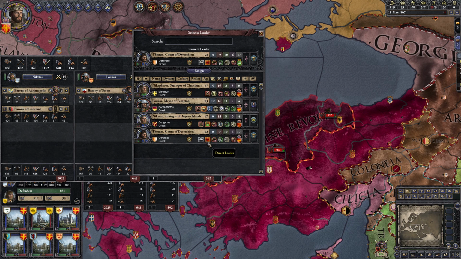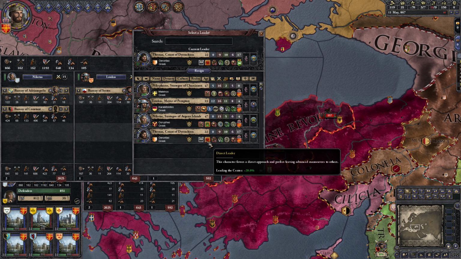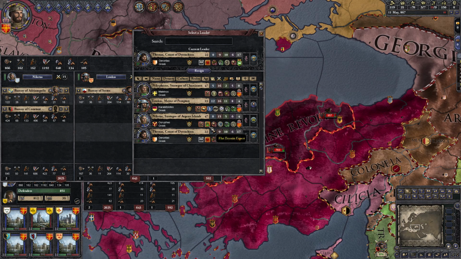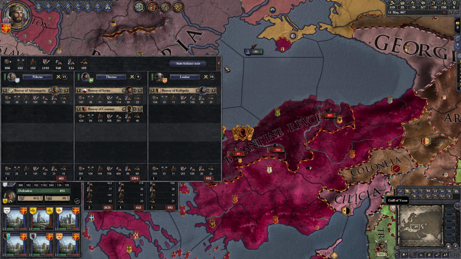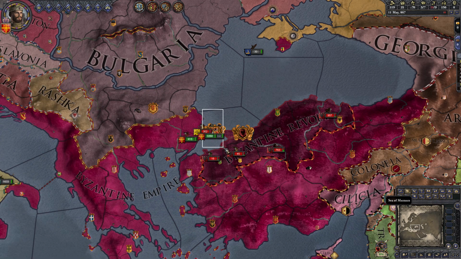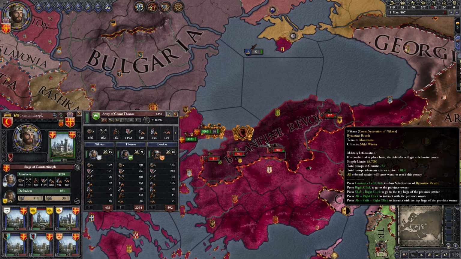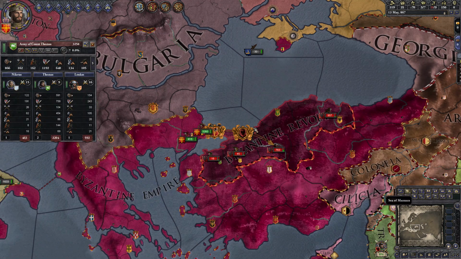No. However, I'm noticing direct leader, so that's actually fine. Now, leading from the center is actually better. So let's put Thomas leading the center. And then we can put Lucas, who's good at organizing and the like, on the right flank. If you notice, most of the forces are marshaled in the center. That's good. Okay, and then we're going to move out, trying to catch them as quickly as we can.